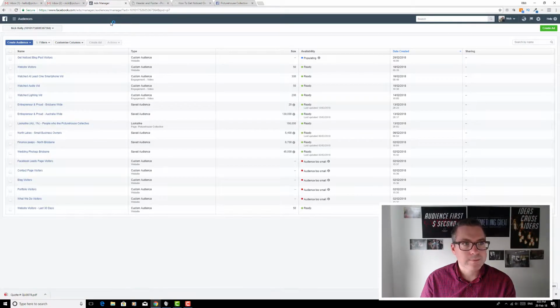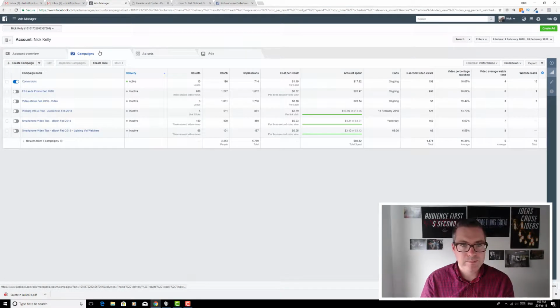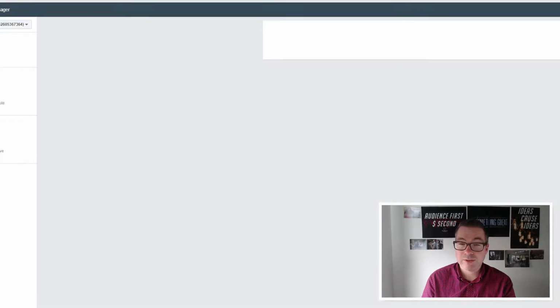The other way is by creating a Facebook ad, and that's done via the Ads Manager. Very briefly, because the Ads Manager does look a little bit intimidating if you've not done it before, but it does step you through things and it does give you best practices and things you can try. All you need to do, when you're on the actual Ads Manager tab, is click Create Campaign. If you've never done one before,